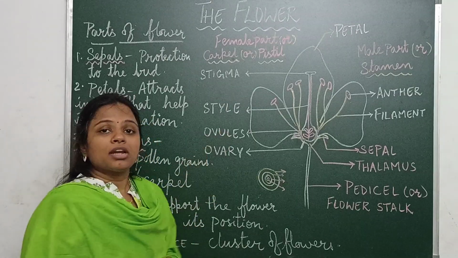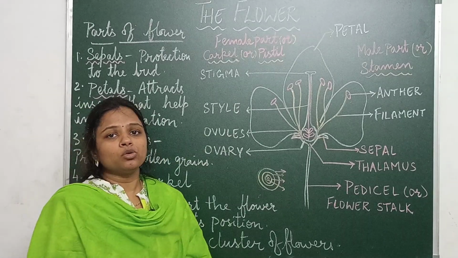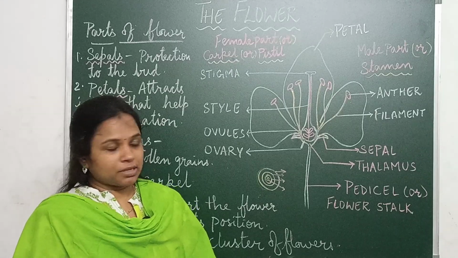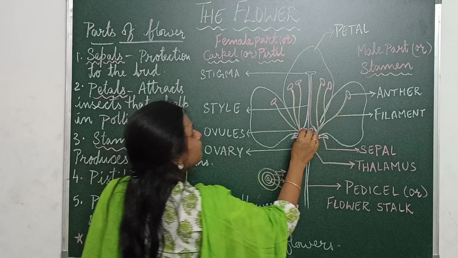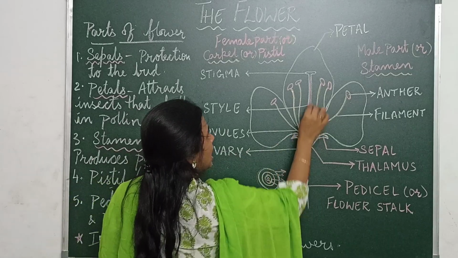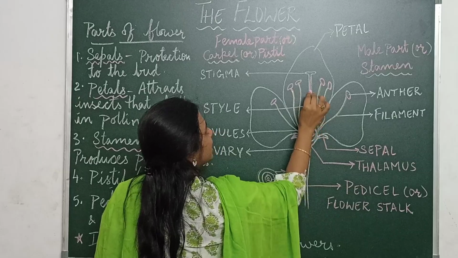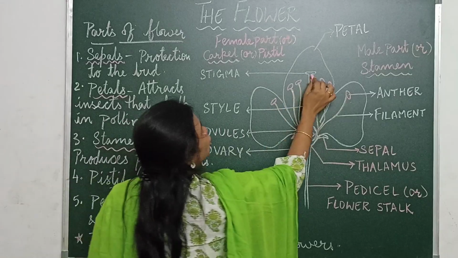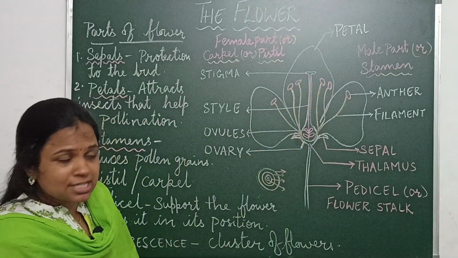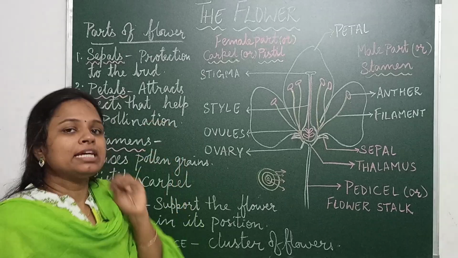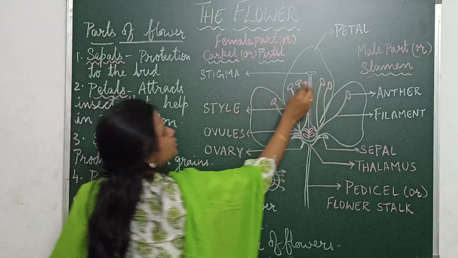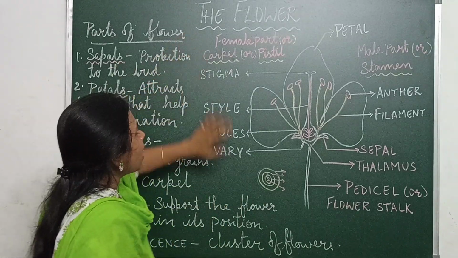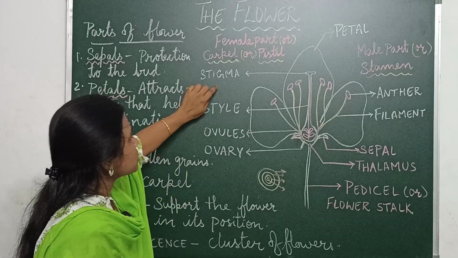Inside the ovary there are ovules. These ovules produce the female gamete, that is nothing but the egg. Okay, now the bulb-like structure, that is the ovary, extends up, and inside it there is a tube-like structure which is called the style. Then on the top of the female part, that is the pistil, we find a cushion pad-like structure which is called the stigma. So this is the stigma, right? So overall the female part or the pistil has got stigma.